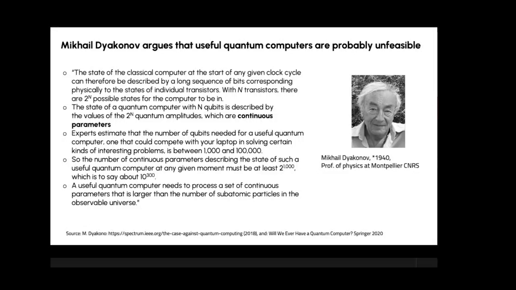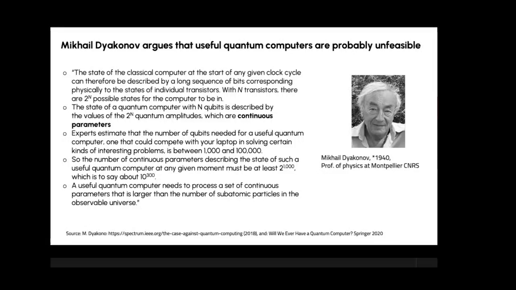I think he's doing experimental physics. Yes, he's an experimental physicist, and he's quite famous. He has many great achievements. Now he's over 80. So he writes in his nice article, The Case Against Quantum Computing, the state of the